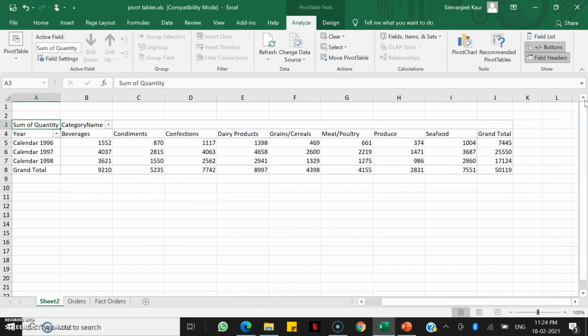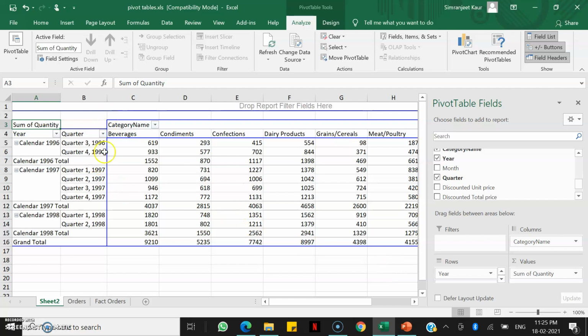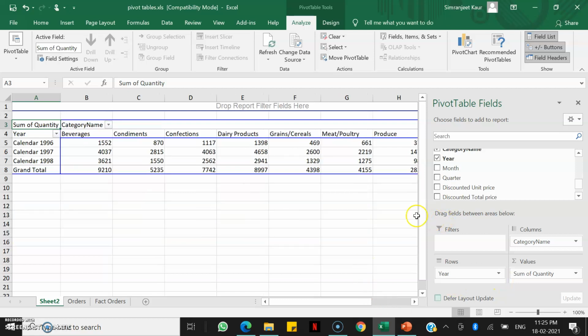Let me collapse it. So this way, see, in just a few seconds, I've gathered the summarized information for all the commodities, and that too year-wise. Now if I want, I can add quarters to it also, right? Let me go back to the pivot table. I'll click on field list, so this will appear again. If I put in quarter beneath the year, you see, now I have quarter-wise data also, right? For now, I'll just remove this quarter in order to simplify the data that we have here.